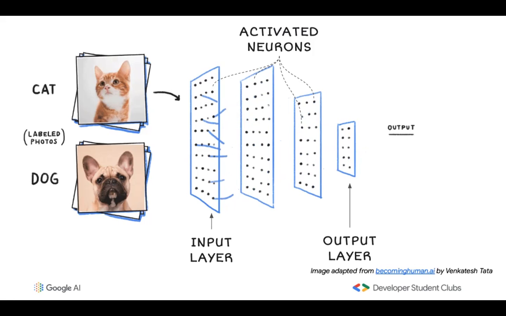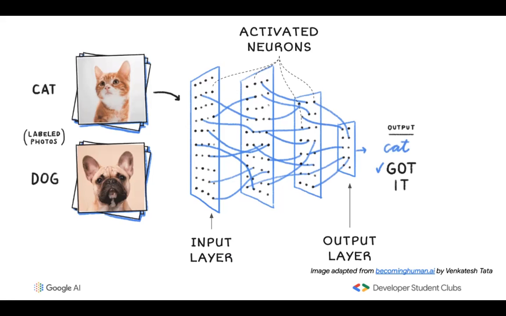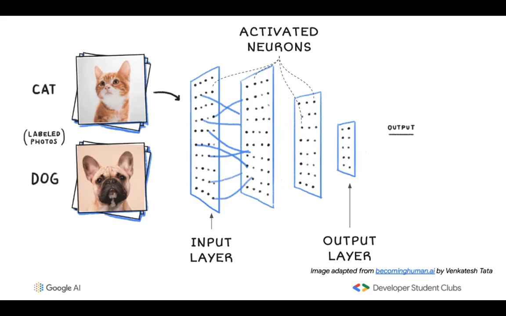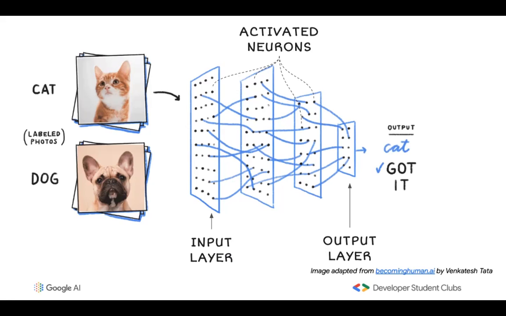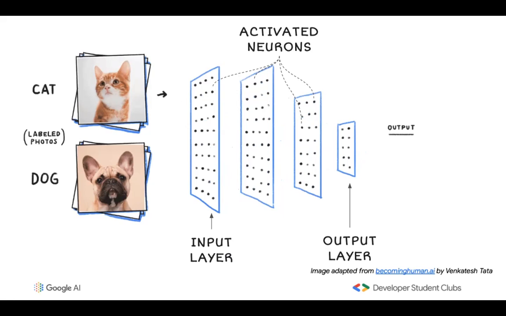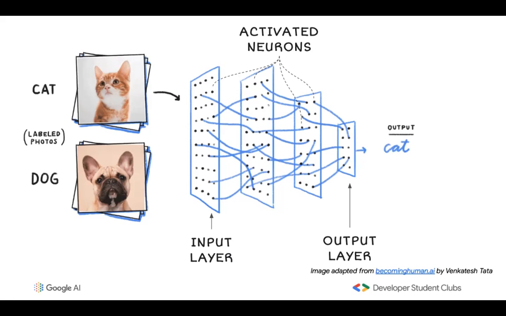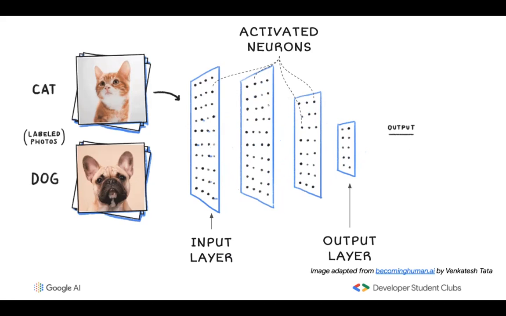In reality, a neural network is a big, complex mathematical function that looks nothing like this diagram, but this diagram just serves to help you understand what's going on. In reality, all those black dots are just mathematical functions taking in an input and spitting out an output only if it has to. And that's where the analogy to a brain comes from, because it works quite similarly to a neuron.